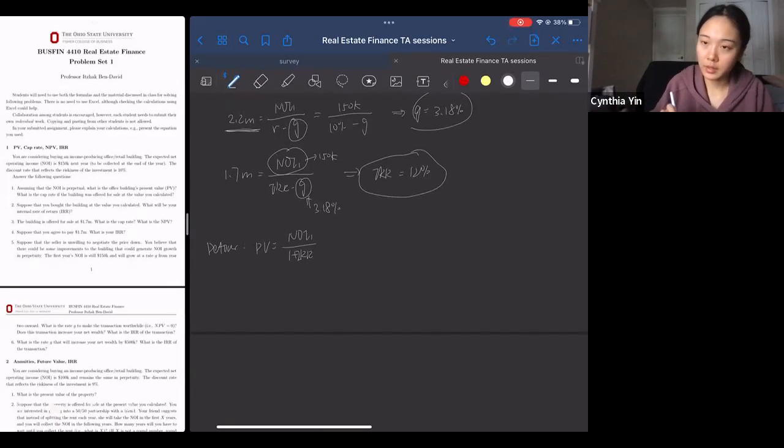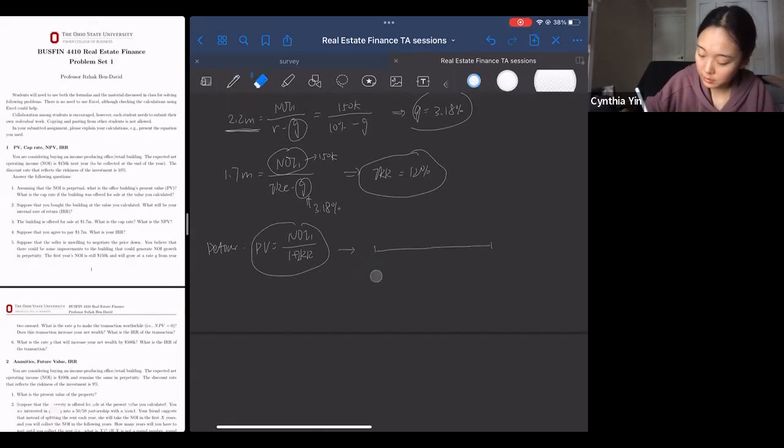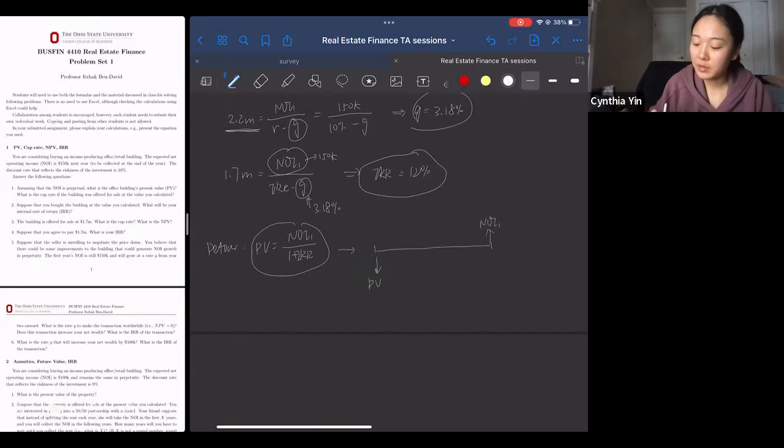But again, IRR itself is a concept that goes with the pattern of your cash flow. So if you use this formula, it means